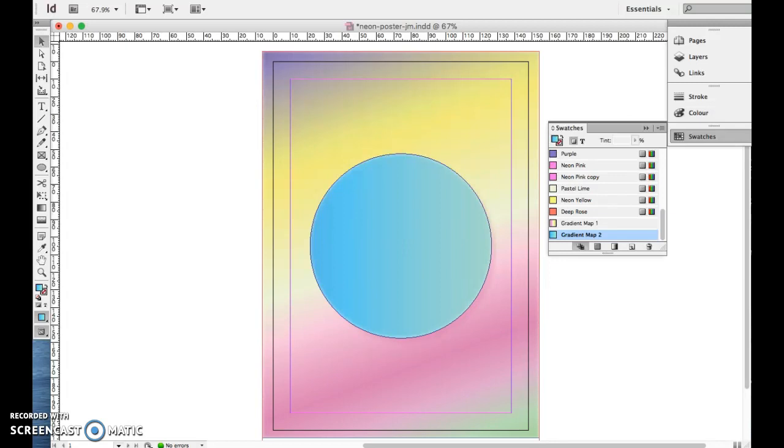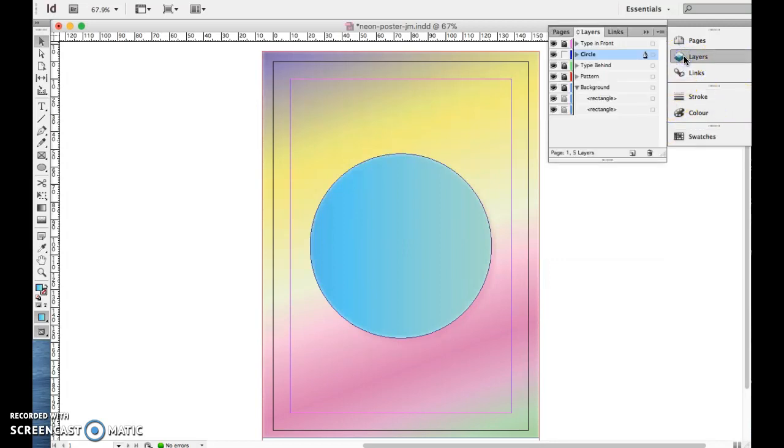The next thing we're going to do is work on adding some of the type. So back to our Layers menu, we're going to lock the Circle layer so we can't work on that anymore. And we're going to click on the Type Behind layer and unlock that. And this is where we'll start adding some of our text. So we get the T over to the side, the Text tool, and just click and drag a little text box and type a capital C,